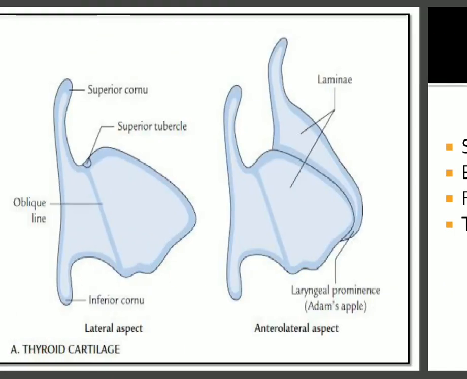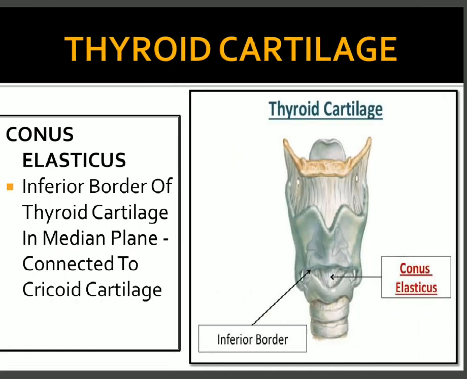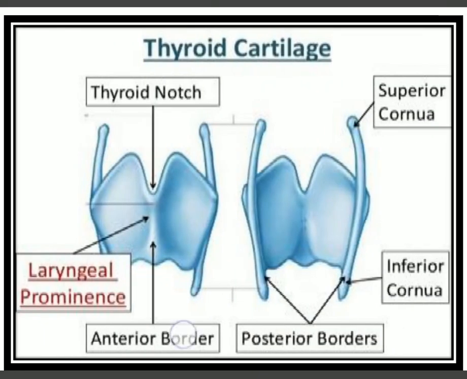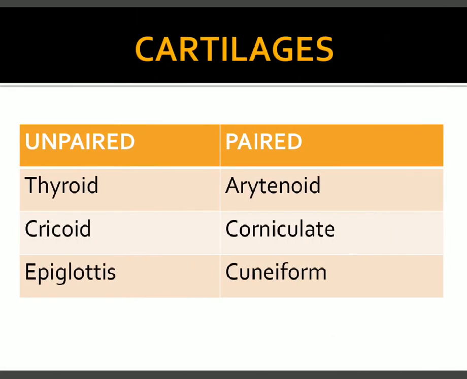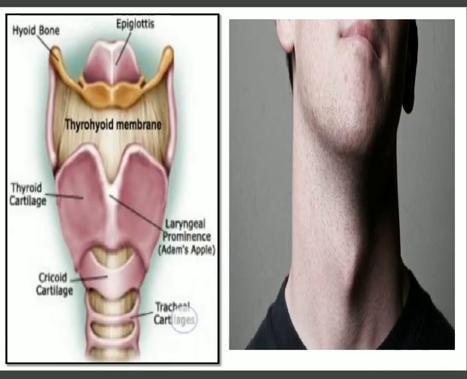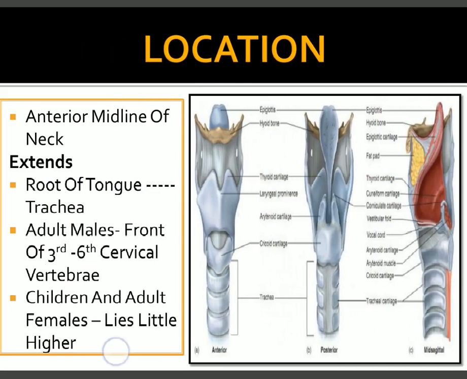So if you see here in the figure, this is the lamina of the cricoid cartilage, and it is behind the thyroid cartilage,